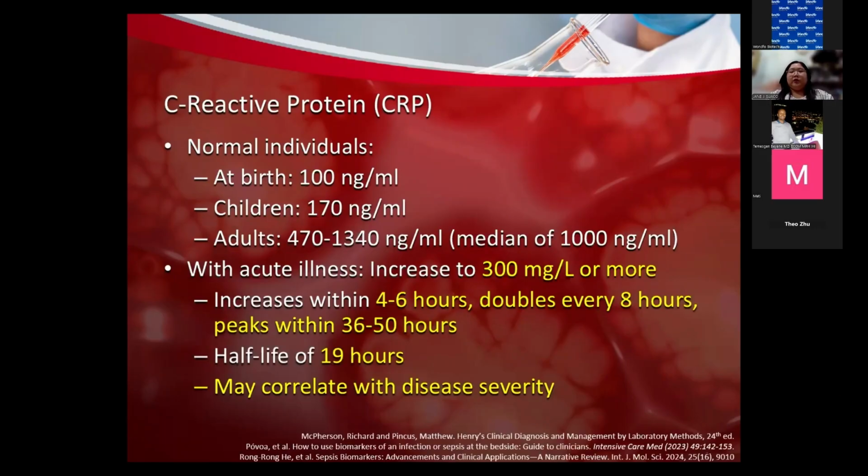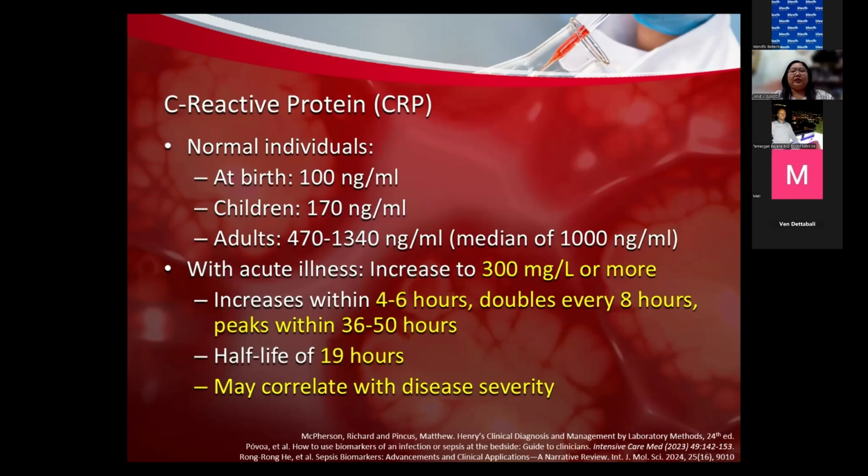Despite these low concentrations, CRP has major significance as a highly sensitive acute phase reactant because it is fastest to rise and it returns to normal quickly following successful therapies. In individuals with acute illness, cytokines stimulate hepatic production of CRP, and plasma levels may increase up to 300 milligrams per liter, or it is actually equivalent to around 300,000 nanograms per ml or more within 4 to 6 hours, doubles every 8 hours, and peaks within 36 to 50 hours. It has a half-life of 19 hours and it may correlate with